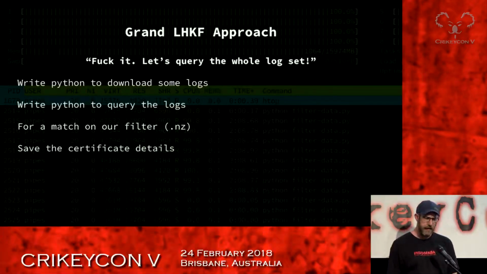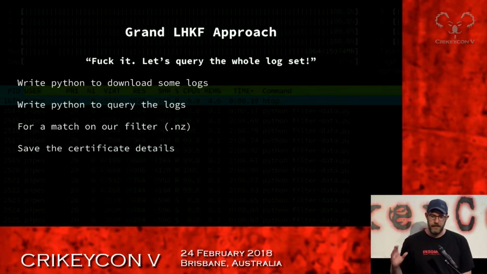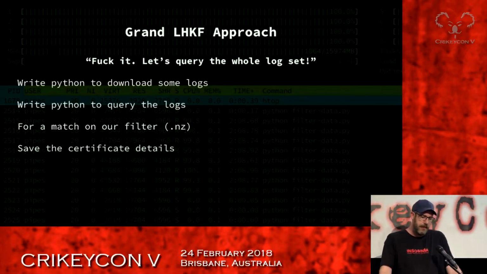So I decided on the low-hanging kiwi fruit approach: we'll just take the lot. For those of you unaware, Low-Hanging Kiwifruit is a system that Metalstorm built. We operate it internally at Insomnia, and it basically allows us to scan .nz as a whole, like the New Zealand Internet as a whole, and keep a massive database of records on services and ports and domains and stuff like that.